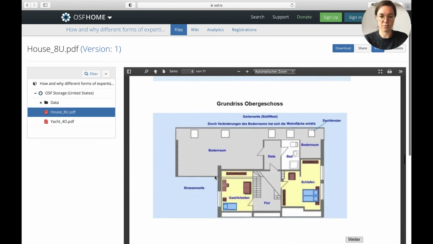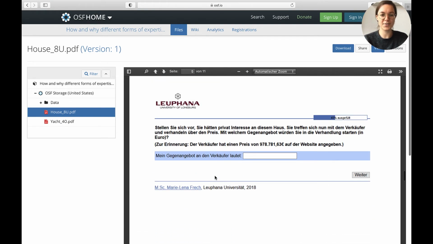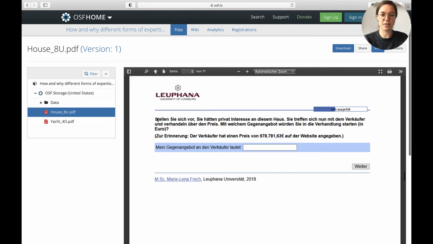And again, many information on the house. And you can also see what questions were asked and how the participants had to answer these questions, and how the answers were provided by the participants. So you have a clear idea of the experiment and how the authors realized their experimental design.